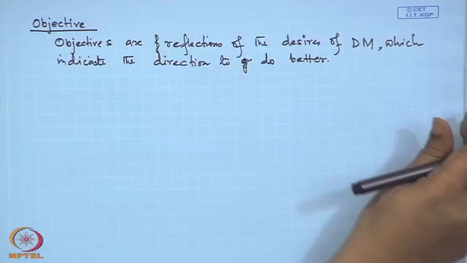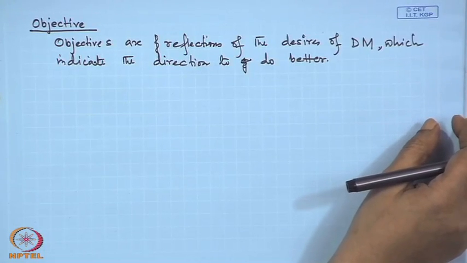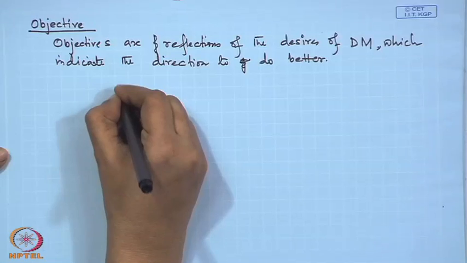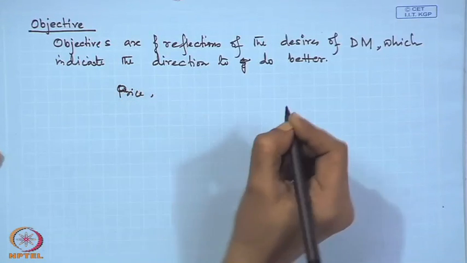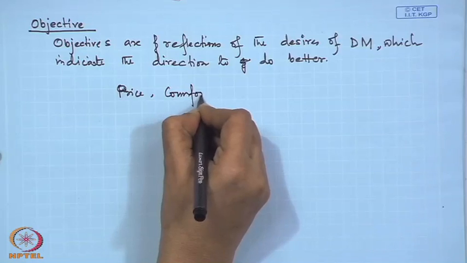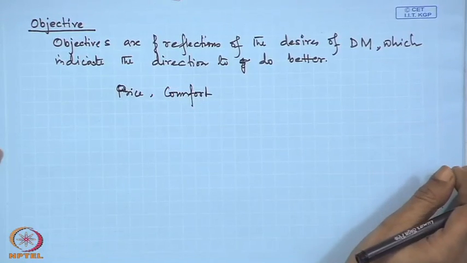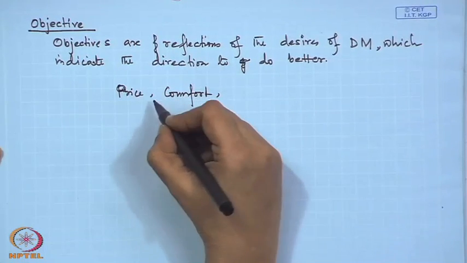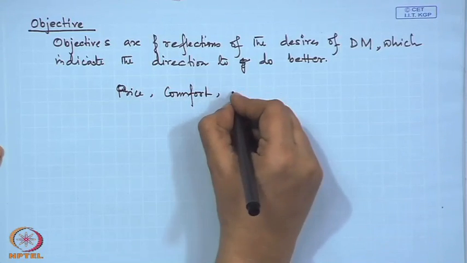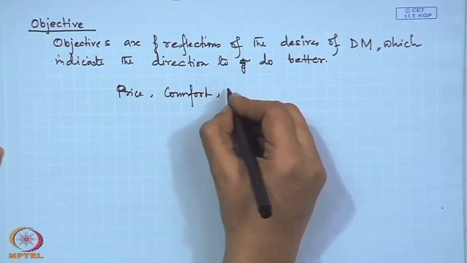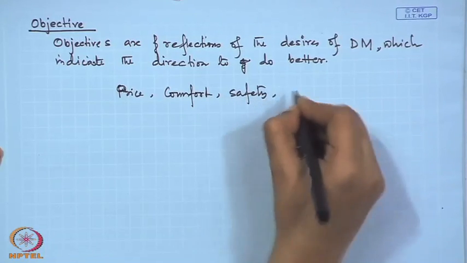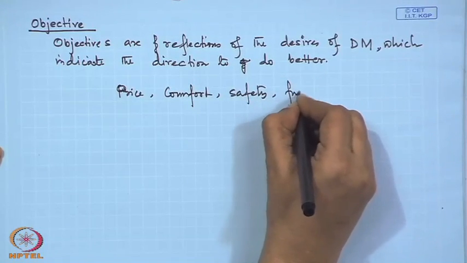Thus, in the car selection problem, our objective could be the cost, that is the price of the car, and another objective could be comfort. We want to maximize all the values, price, comfort. Another objective could be safety, another objective could be fuel consumption,